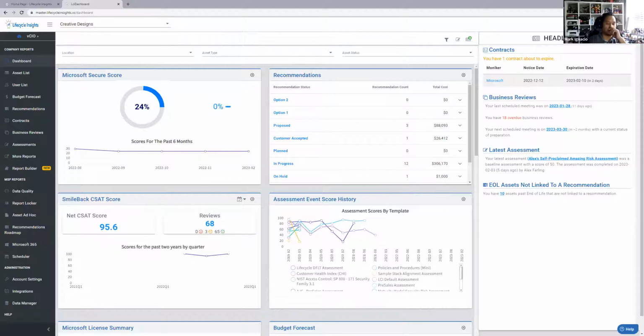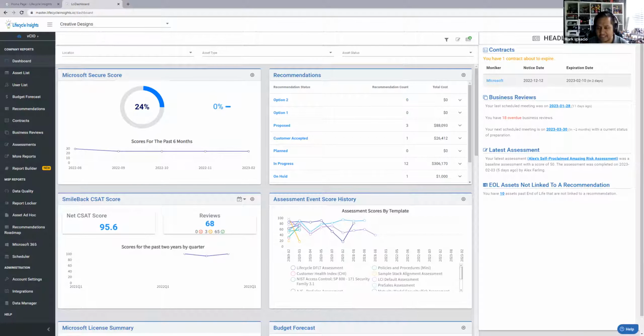Okay. So last week we talked about data quality, and that data quality is actually imperative as far as building a budget, because we get the budget dollars from end of life for your devices. Why are we building a budget? For total cost of ownership. So you can actually present to your client the budgets that need to be paid, and the recommendations that you need to do, and to be proactive and consultative with your budgets. So this positions you to be a strategic partner for your customers.